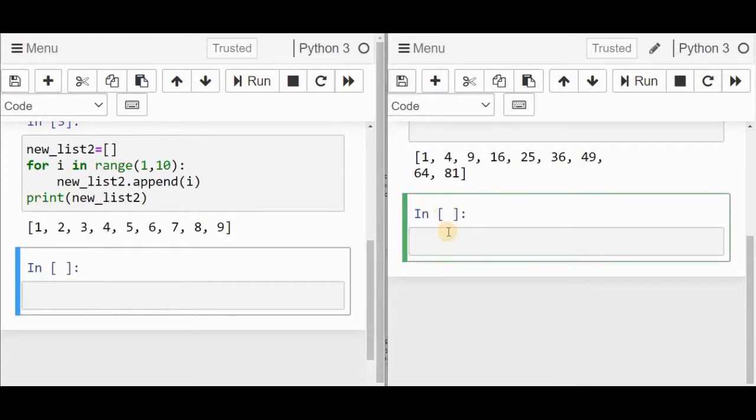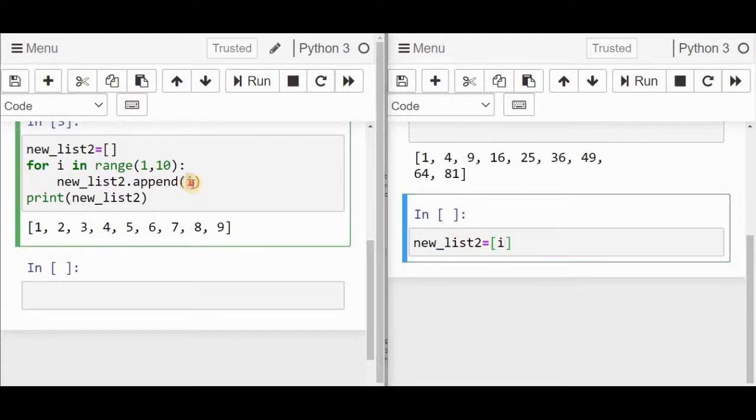Similarly, we'll try to do it with the help of list comprehension. We don't need to specify a new list like that, it will be created by default. So i is the expression here, for i in range 1, 10.